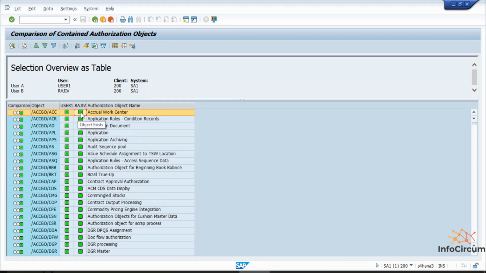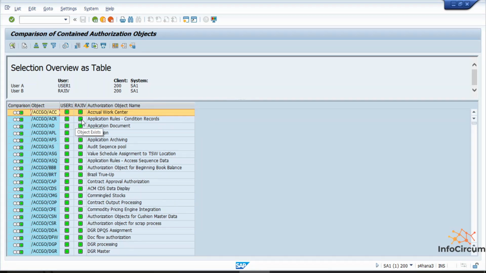Suppose it has a red status. If the red is with Rajiv, it means that the object is missing with Rajiv but it exists with user 1. So you can go to that, check, and maintain accordingly.